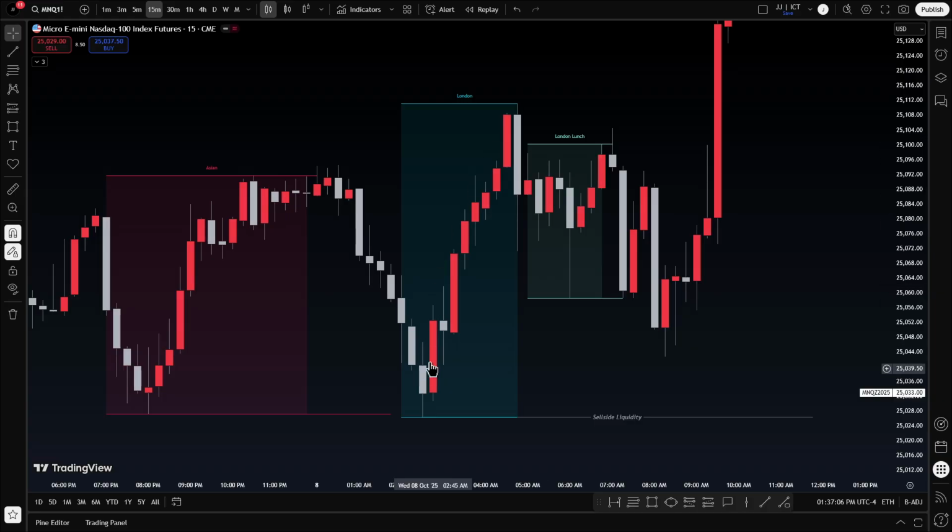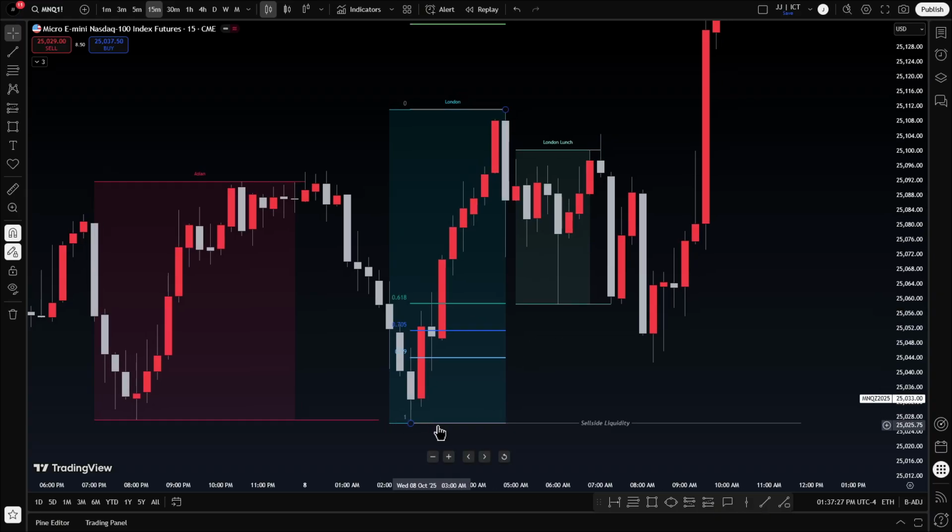So now we've created that swing up, and now we have a bunch of fair value gaps, order blocks, a bunch of reference points that we can refer to, right? So price might want to retrace to the optimal trade entry of this level. If we look, it does exactly that. So it retraces down to the optimal trade entry of London, fails to break London low. Is that an indication to go higher? Yeah. We could potentially see price go higher.